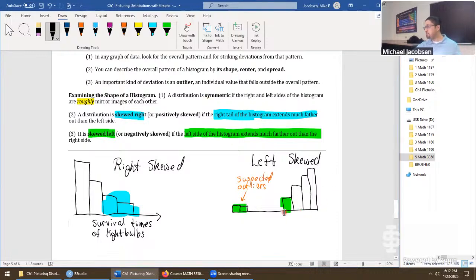Now for the left skew data, let's think of a context where that could fit. In my opinion, that's actually kind of harder, and it's sort of mysterious why. It seems like right skew data comes up a lot more often. The left skew data, you've got some time to work to actually find it. Any volunteers for a particular context where the data might look left skewed? I have one example, but it's my go-to example. It's not that creative.